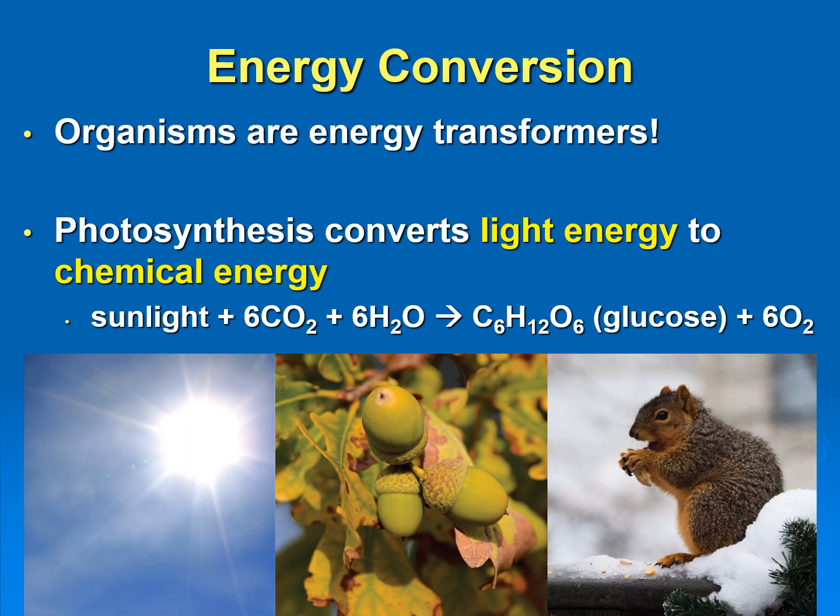Okay, so organisms are energy transformers. We are able to transform energy from one form to another. Let's take a look at some examples here. Organisms that are able to do photosynthesis are able to convert the light energy coming from the sun into chemical energy. This oak tree is able to take carbon dioxide gas from the air